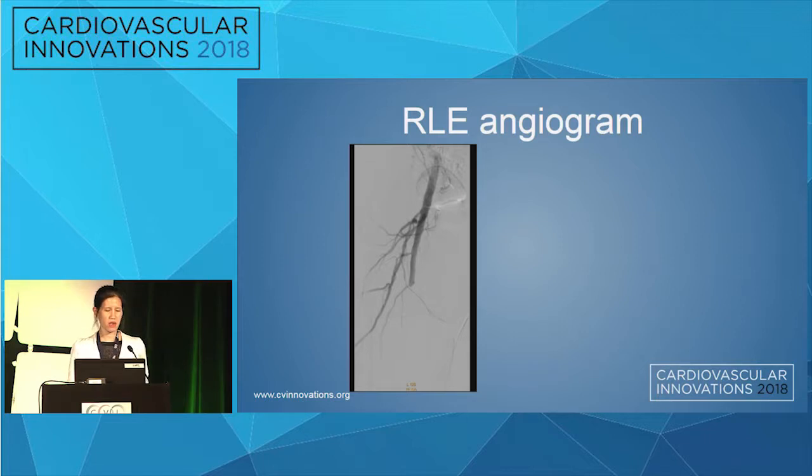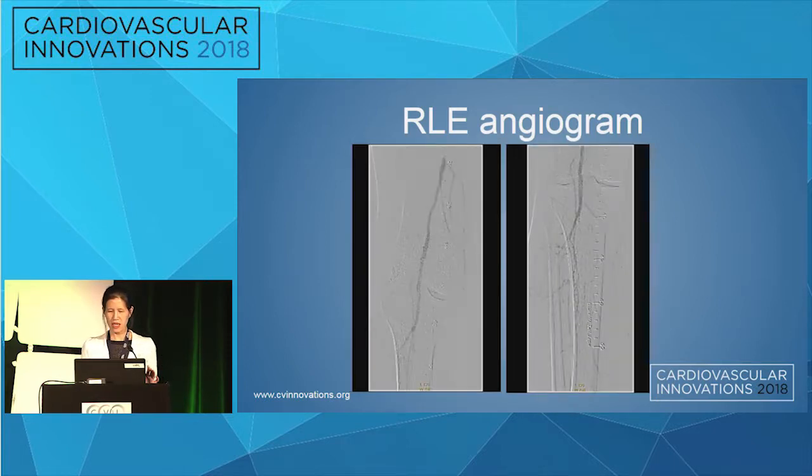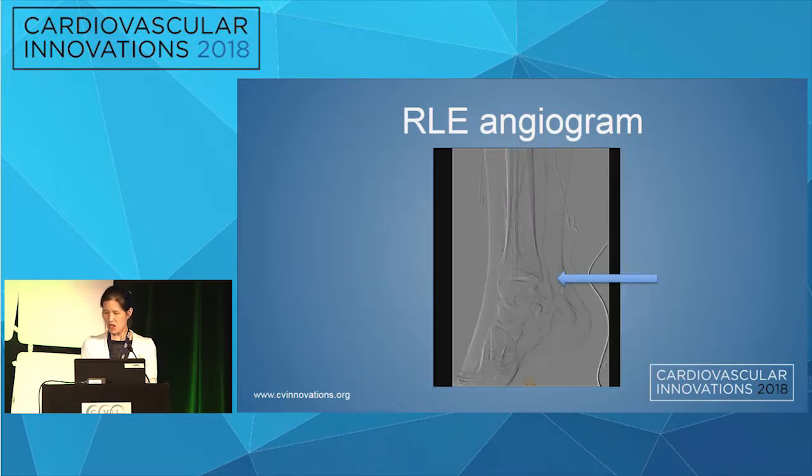He had very tortuous iliacs bilaterally, but you can see here his common femoral was open, his profunda was open, and the proximal SFA is open, but it was occluded in the proximal thigh. There's reconstitution of the popliteal artery above the knee, but this unfortunately was an isolated popliteal segment, and there was no really good distal target until we got to the posterior tibial at the level of the ankle. So this patient was a candidate for BEST-CLI.